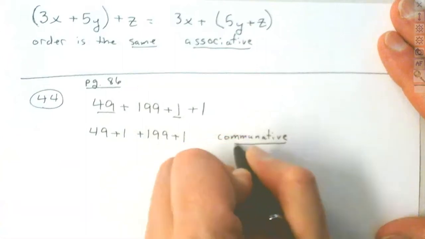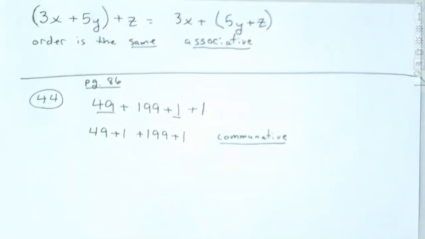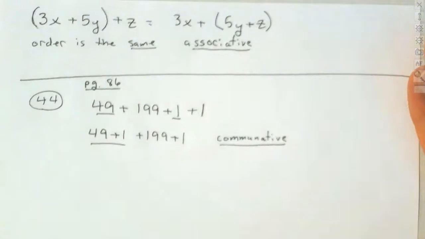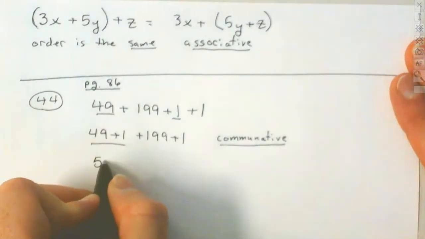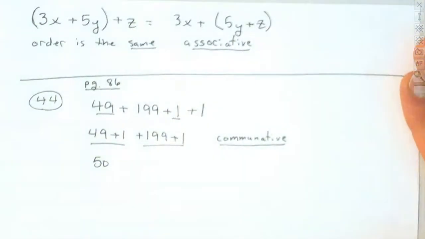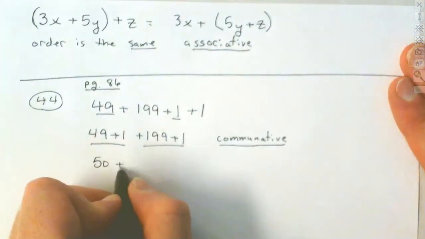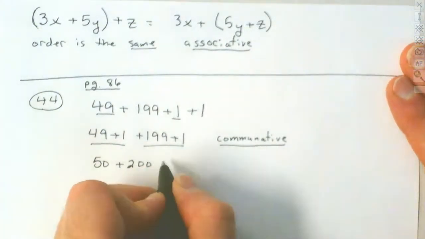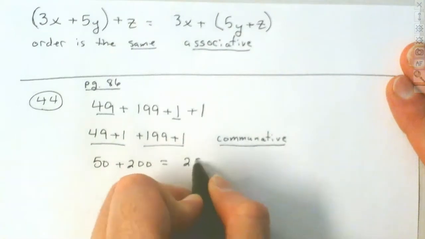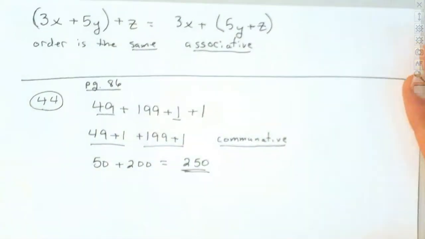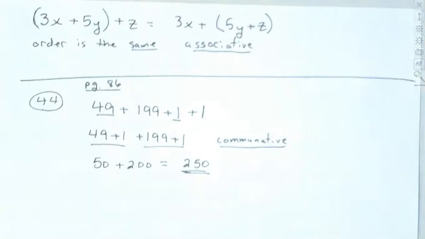Why is it the commutative property? Because I switched the order. Why did I do that? To make it easier. Because now I know that 49 plus 1, what is that? 50. And 199 plus 1, that's 200. And now I can mentally add those together, and that makes it what? 250. Now you could have just used a calculator